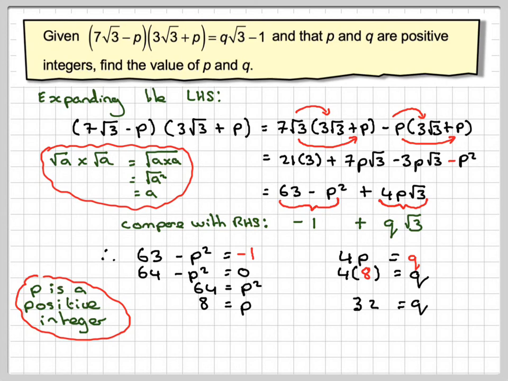So therefore, we end up with the final answer of p being equal to 8 and q being equal to 32. So this has been a video to show you how to expand some surds,